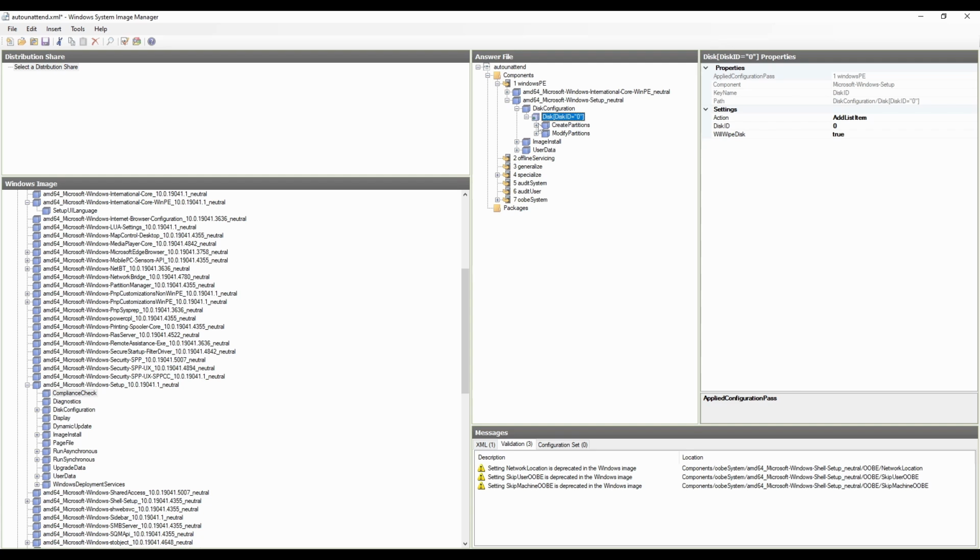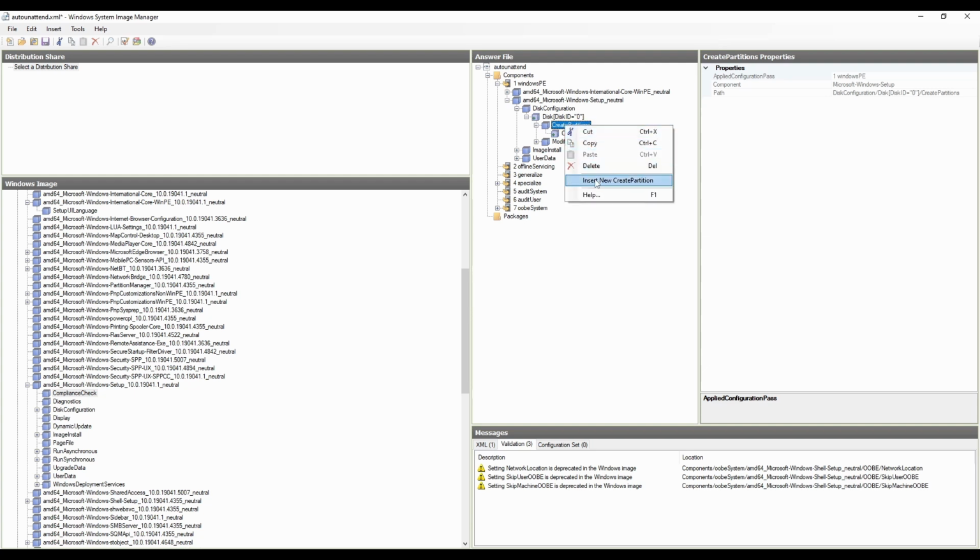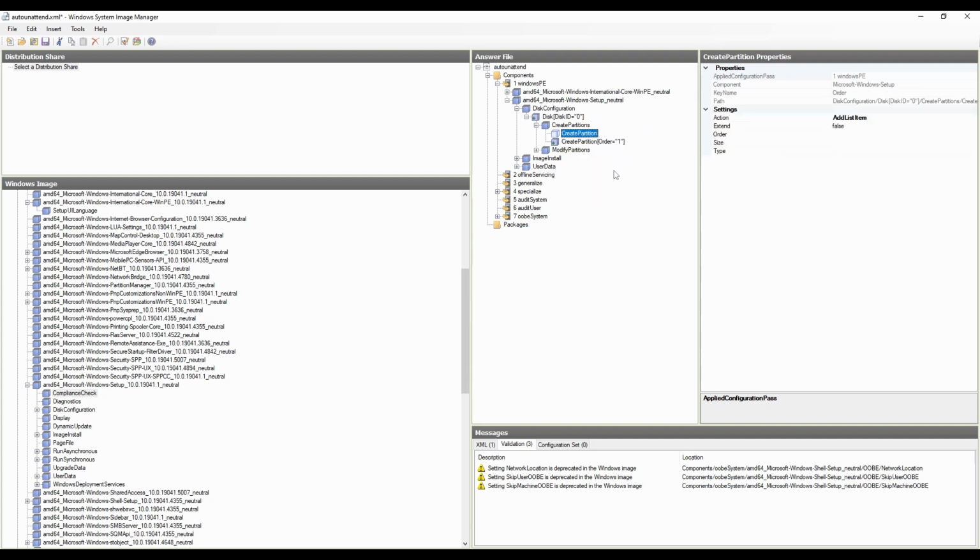And then MBR needs 2 partitions. And I've created the partitions perfectly. So obviously disk configuration, disk, and then create partition. You create 4 partitions. So you can actually just right click on create partition, insert new create partition. So you create 3 or 4 of them if using the GPT format, and then you're gonna have to put in all those settings, but I have not been able to